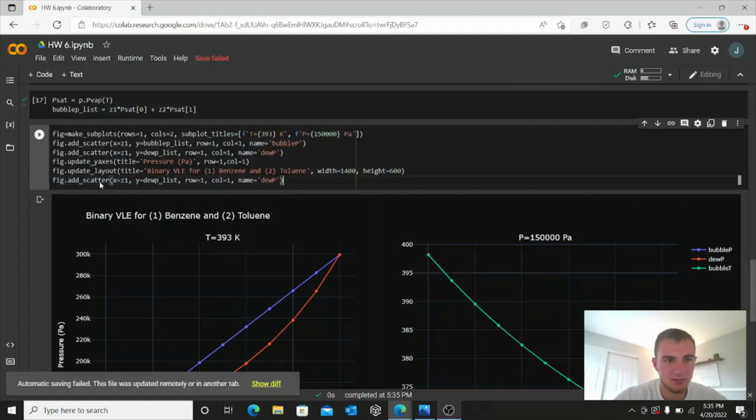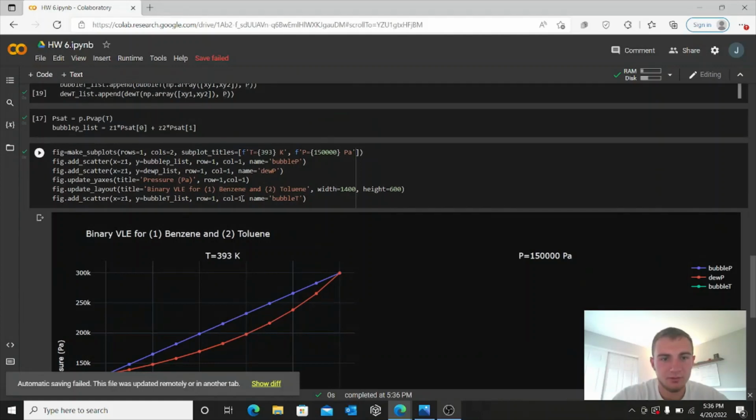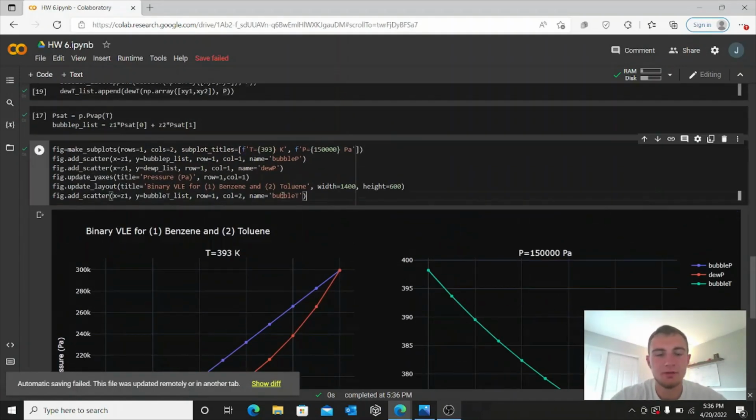And here, oh, whoops, I did not mean to do that. It should be bubble T list. And this will be, excuse me, bubble T, end quote. Oh, it should be column 2. Sorry about that. I had tried to copy it and